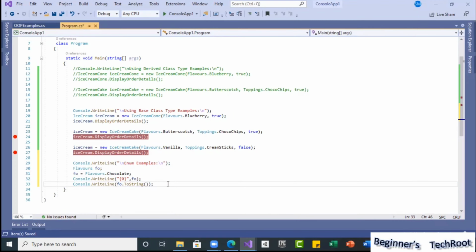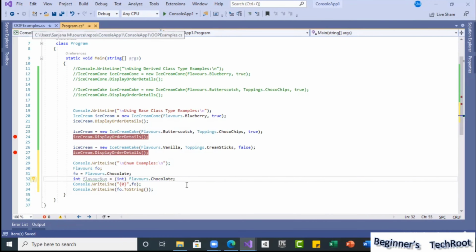Similarly, if we take an integer variable, say flavor num, how can we get the associated number for this? Casting will be allowed for this, since it is going to be a numerical type only. By default, if we don't specify anything when we declare, it is an integer type.